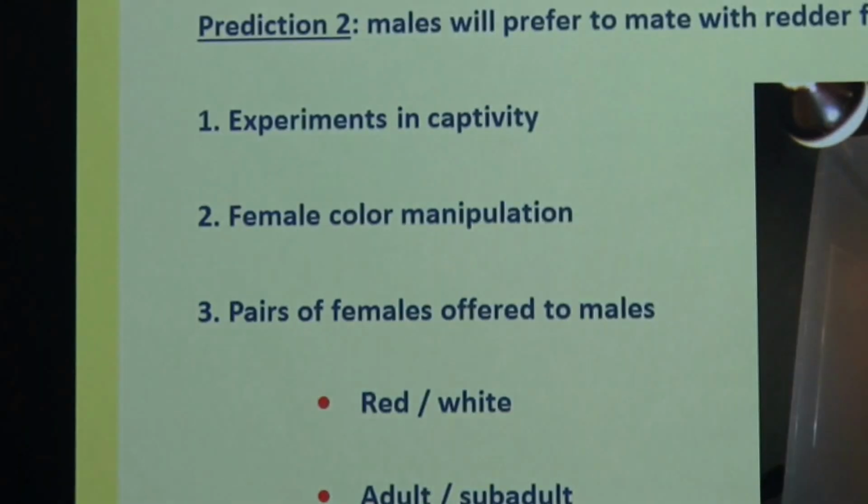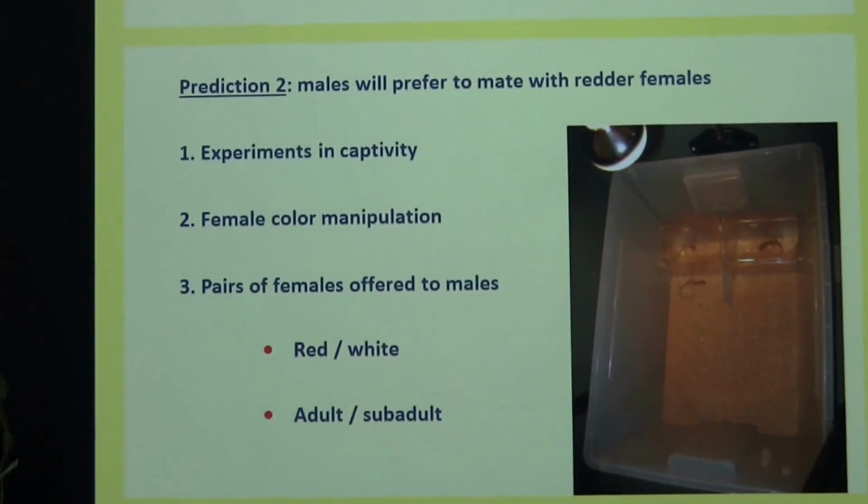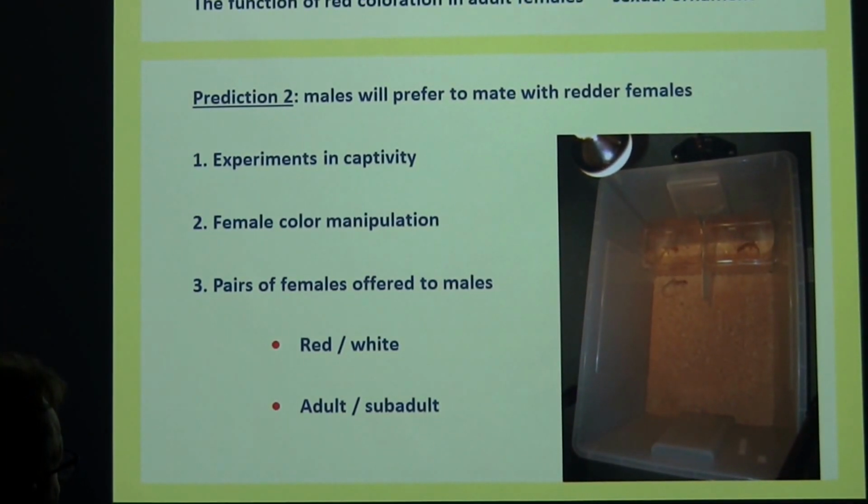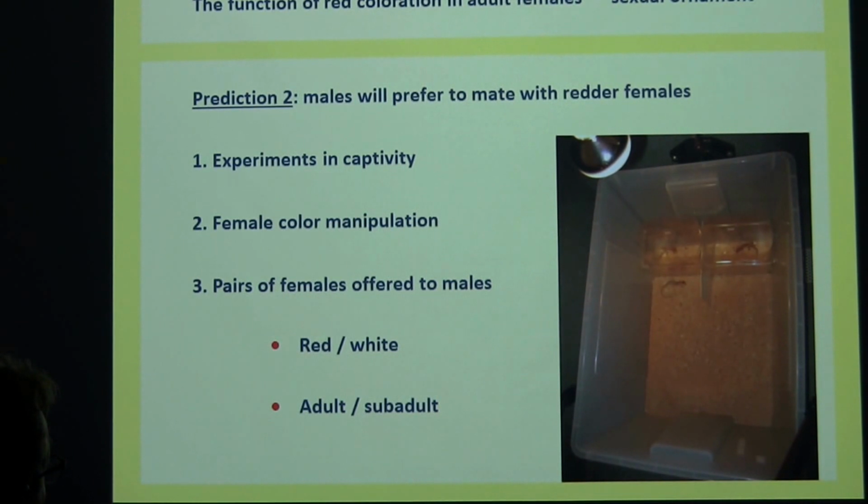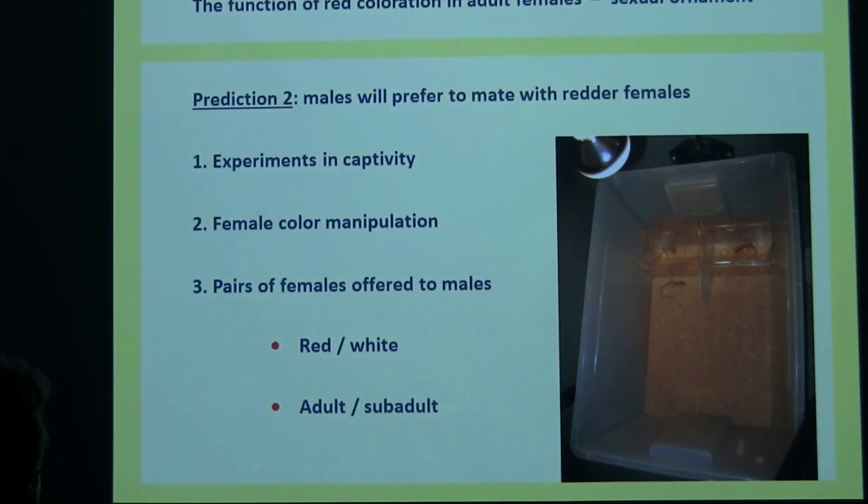Another prediction of the sexual ornament hypothesis, probably the key prediction, is that males will prefer to mate with redder females. To test this prediction, we did a series of experiments in captivity. We manipulated experimentally the coloration of the females using white or red paint in a similar way as we did in the experiment with juveniles, painting the ventral part of the tail and the rear part of the hind limbs. And